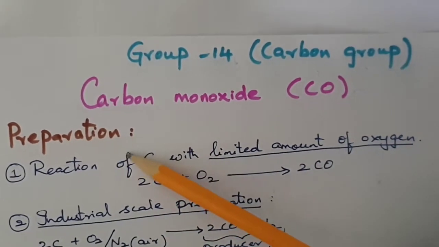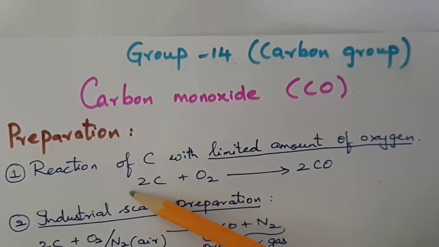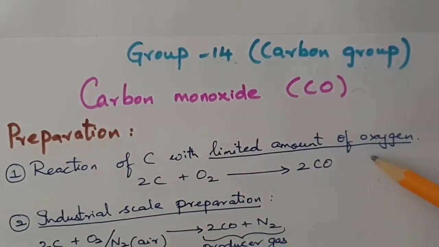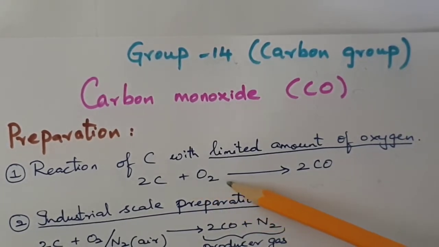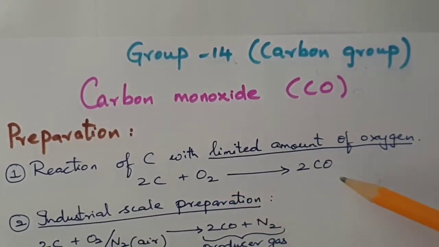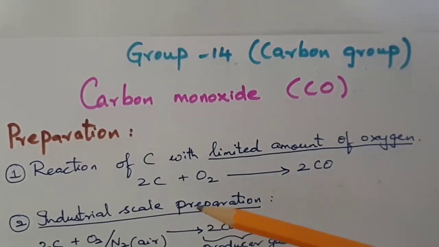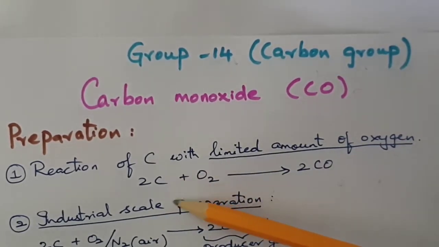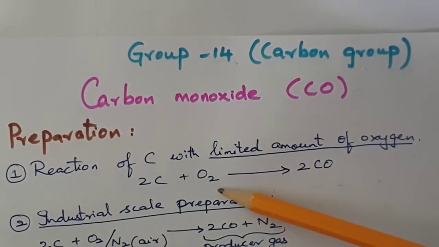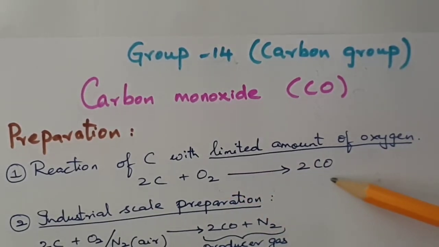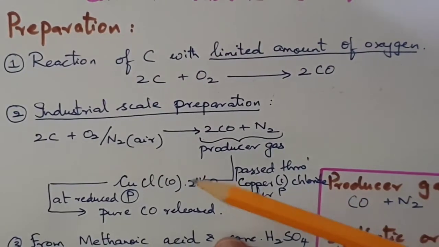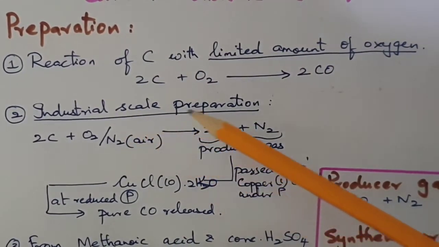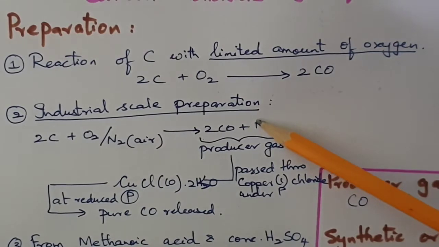Let's go through the preparation of carbon monoxide. Reaction of carbon with a limited amount of oxygen will yield us carbon monoxide. So we use only a small quantity of oxygen, so we get carbon monoxide. As the equation goes, carbon when it is treated with a limited amount of oxygen gives us CO, carbon monoxide. Now if we want to prepare this on a large scale, the industrial method which is being used will be